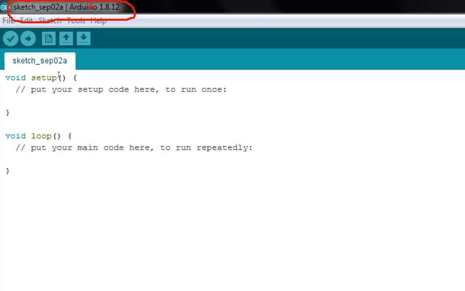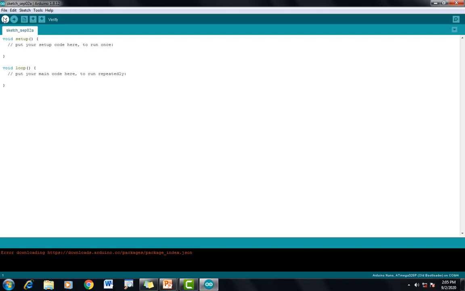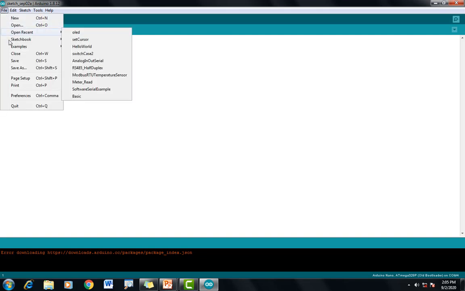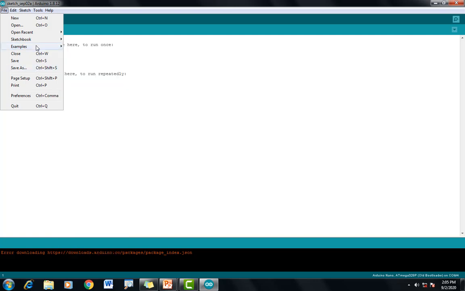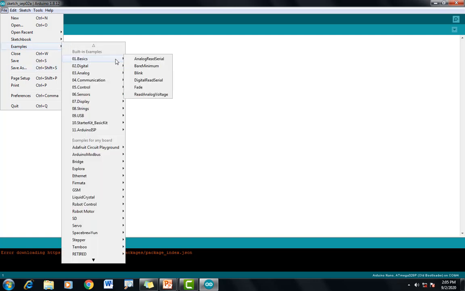Fine. We have several examples here. When you install it, it installs with some default libraries which have built-in examples. If you want to check whether your board is working or not, you can take any of these examples and work on it.